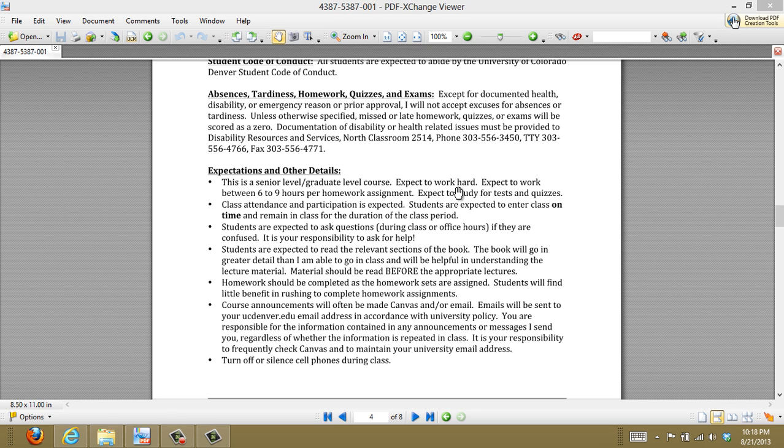Another tip that I suggest for helping you to be successful in this class is to make sure that you complete the homework as the homework sets are assigned. What I mean is, don't wait until the last minute to do your homework and turn it in. Certainly, it's better to turn it in right before the deadline than to not turn it in at all. But if you really want to get the maximum benefit out of the homework, then you really should start the homework assignment shortly after it's assigned, work through it slowly, confidently,